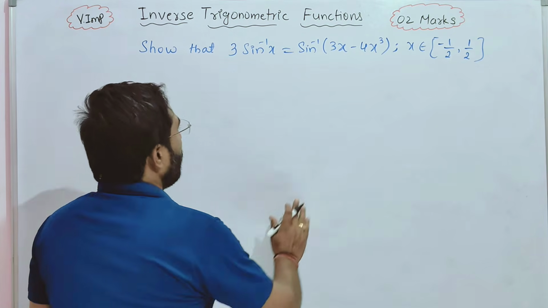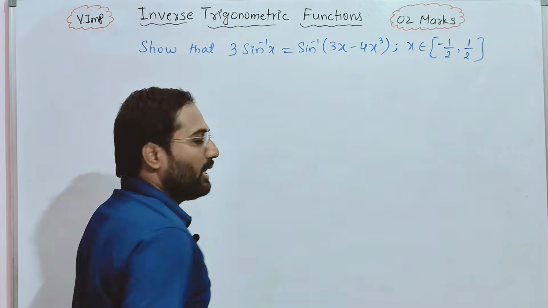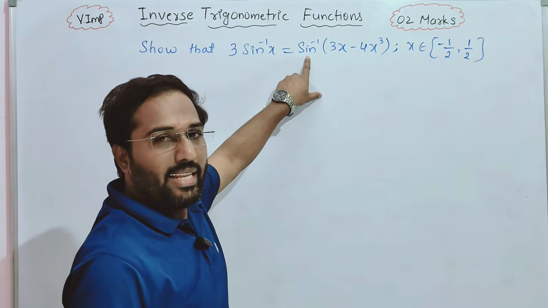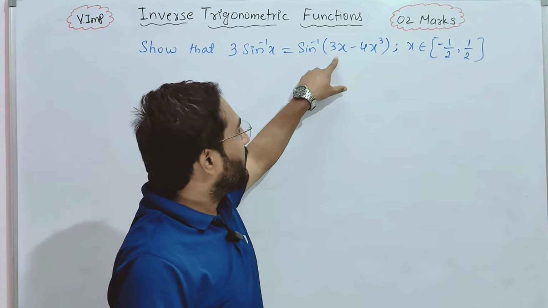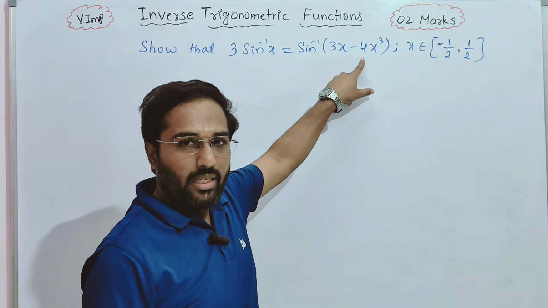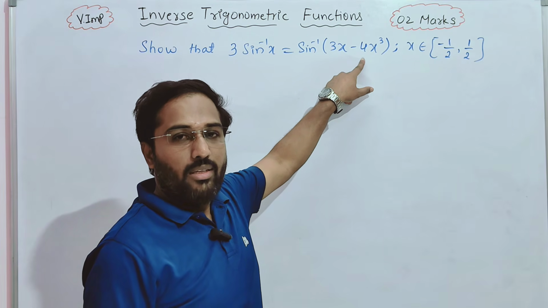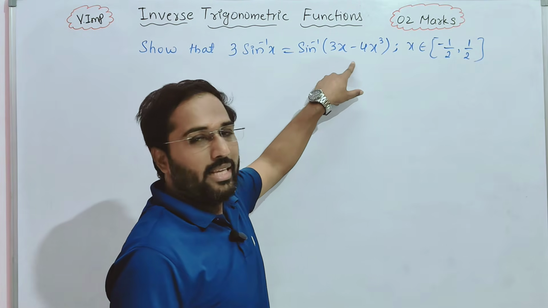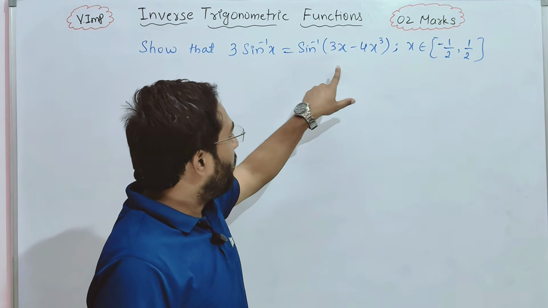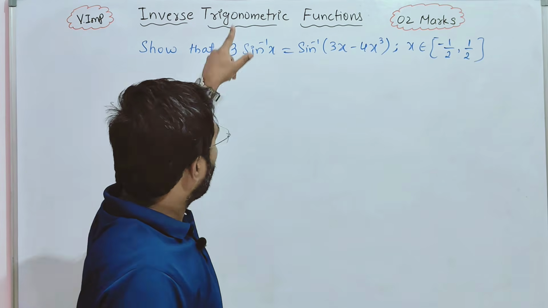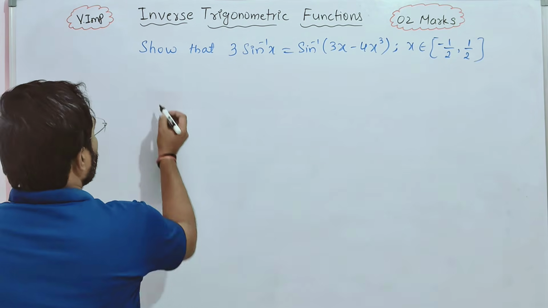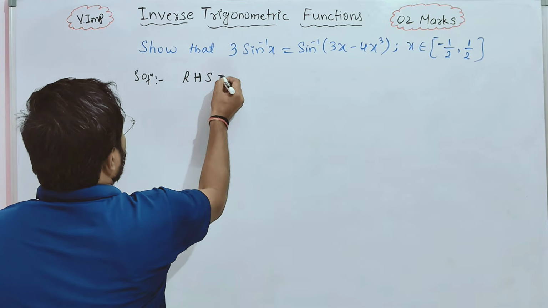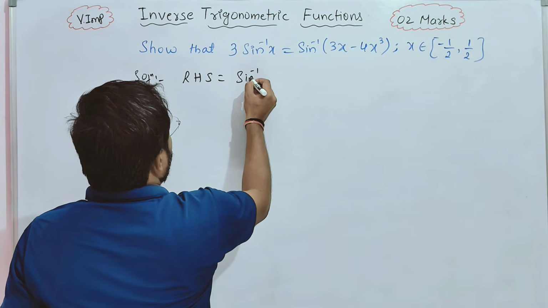Let us see. Now here, if you see, this looks like a formula of one sine function. So if sine inverse is outside, the element inside should also be in the form of sine, because you know the formula, sine inverse of sine theta is equals to theta. Already sine inverse is there. Make this in the form of sine again. So now for this problem, let us take the RHS proving into LHS. Okay, let us take. So RHS is equals to what it is? Sine inverse of